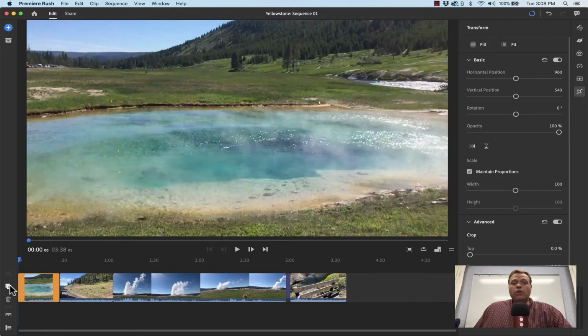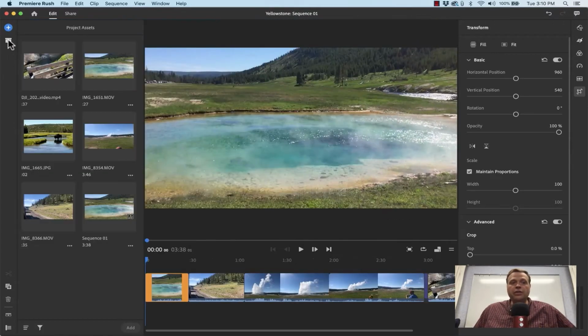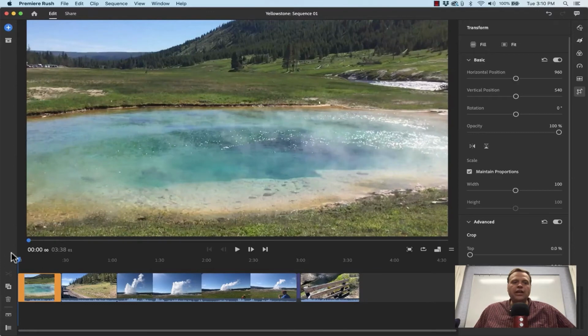As I work on my project, if I decide I'd like to add more media to this project, I can do so here in the upper left by clicking the Add Media button, and I can select my own media, I can add graphics, audio, and even voiceovers. If I click this button underneath the plus sign, it gives me an overview of all of the media that's in my project. Let's close that and look now down here in the lower